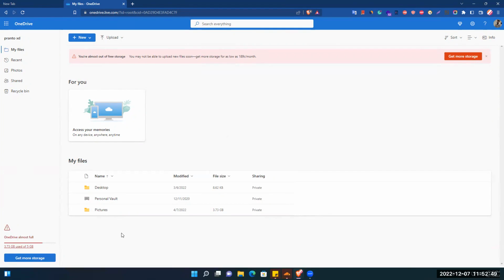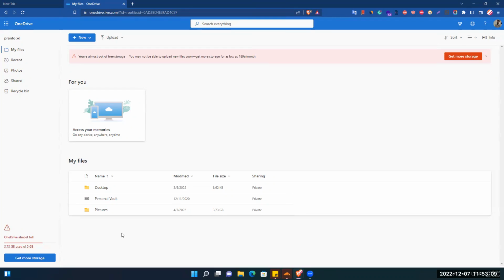I think you guys already know, it has already been discussed. So OneDrive is another platform developed by Microsoft. This is their product, and with it you can store your files and folders,